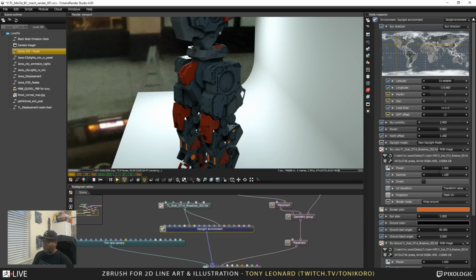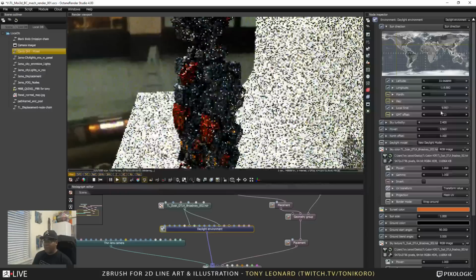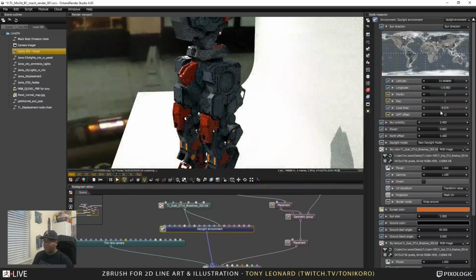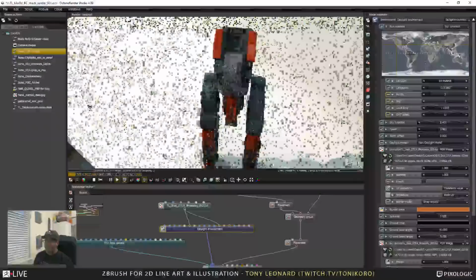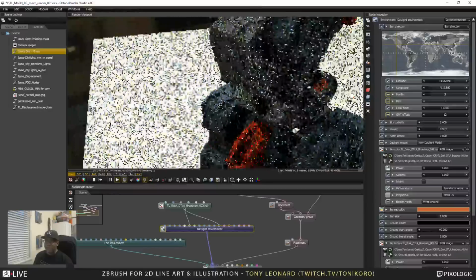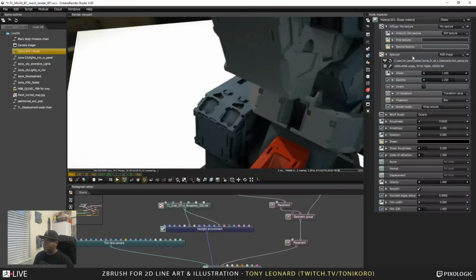Also I want to change some lighting stuff. So let's see if I change the time, maybe a little bit brighter. So I'm going to make this actually 11.3, so 1130-ish light, maybe a little bit brighter. That way also some of the specular highlights might show up a little bit more. I'm going to choose this specular light and power, so if I wanted to bring back the spec a little bit,